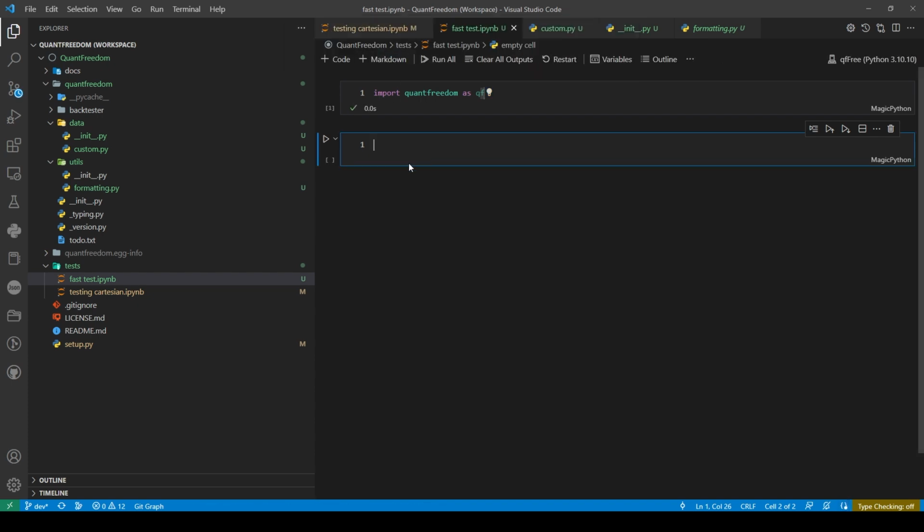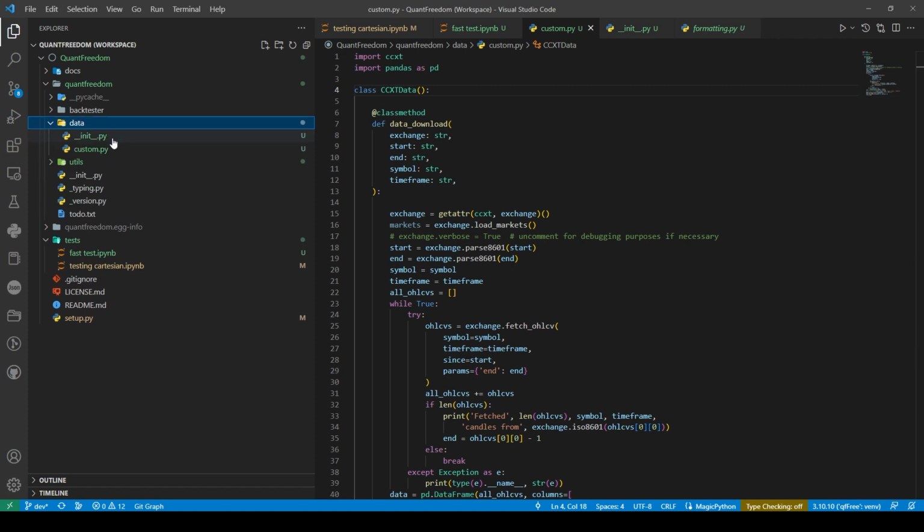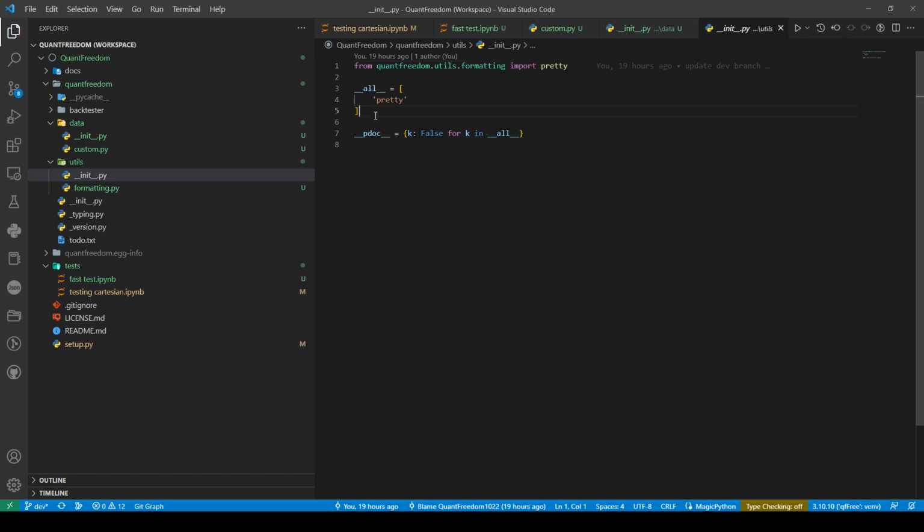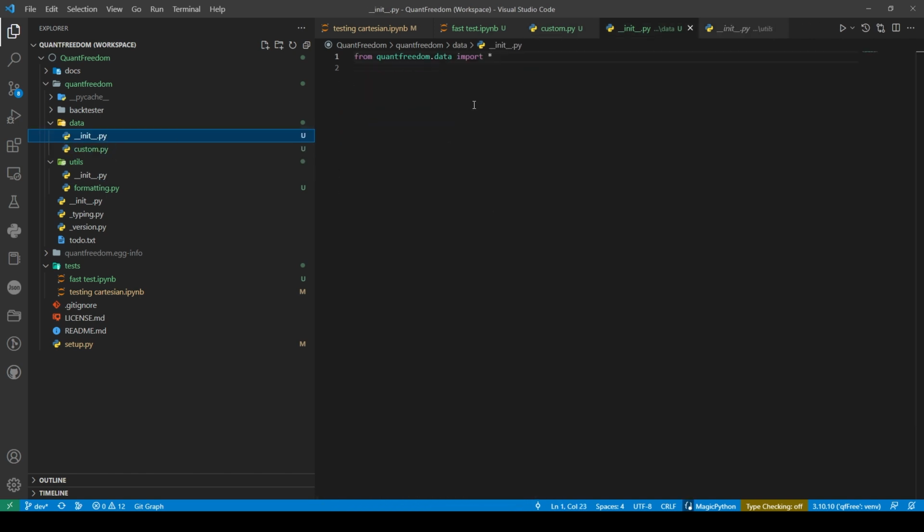Okay. Then what am I? Oh wait. I want to do this. Import data dot custom. How did he do it? Import